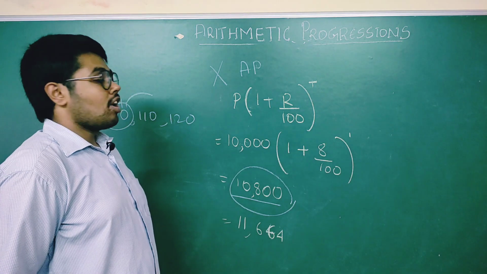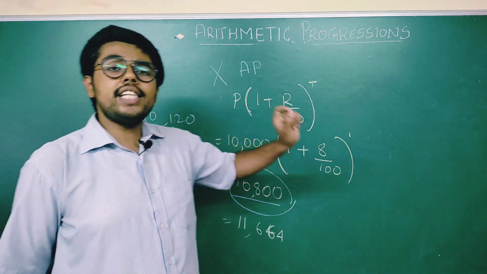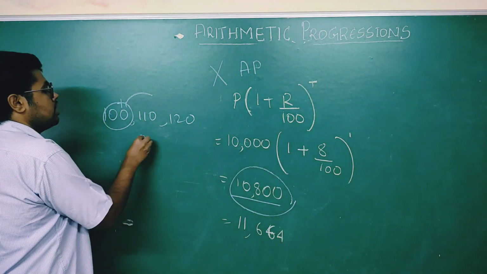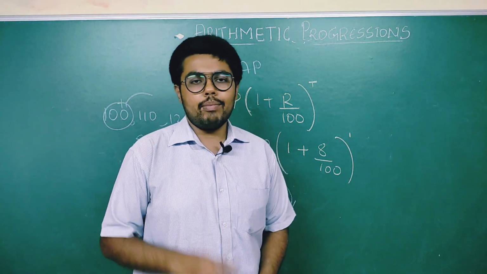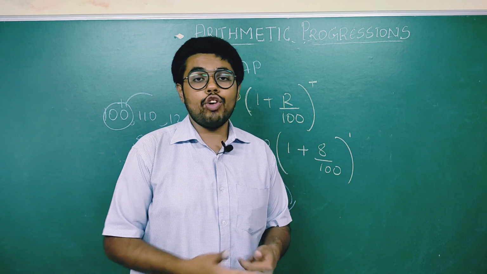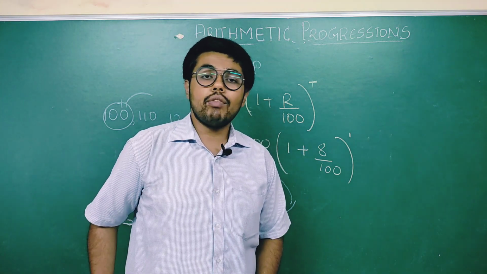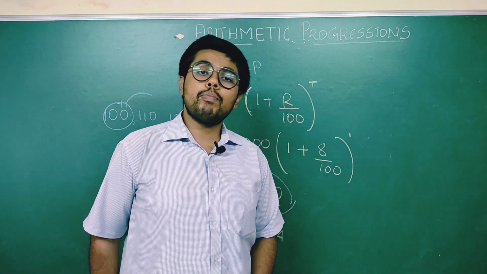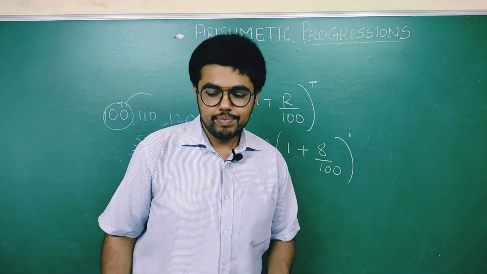So therefore, the compound interest series does not form an arithmetic progression, but simple interest does. This you need to remember. This is the important concept that you need to remember. So these are the first 4 problems which are easy to approach. They are checking whether we can understand the situations and put them into the proper form, whether we have understood the AP or not. That is what they are checking.